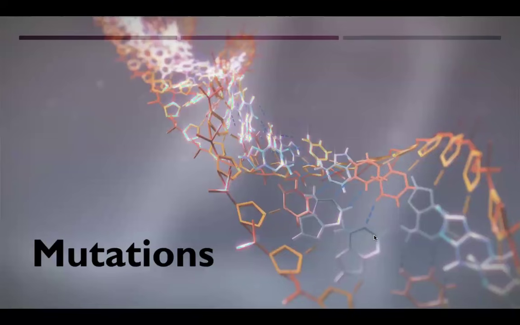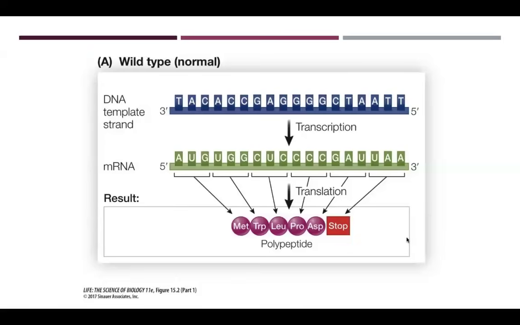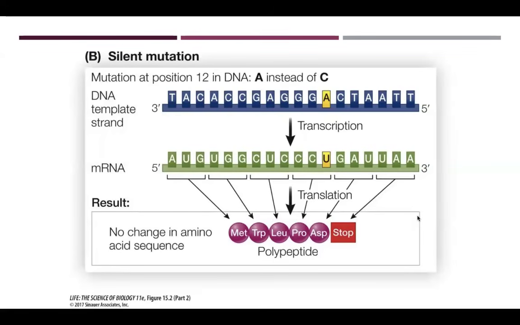And so there are different types of mutations that can occur during protein synthesis as well. So this is your wild type. This is your normal protein synthesis. So this is what will typically occur. Then you have what's also known as a silent mutation. As mentioned previously, three bases make up an amino acid.